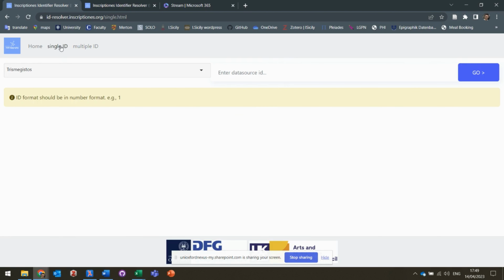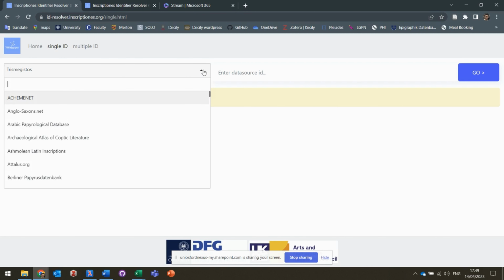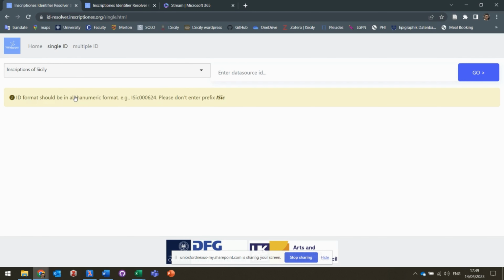The single ID interface enables the user to input a single known identifier and obtain in return any corresponding identifiers from other projects covered by the Trismegistos Task Matcher API. Select the source of the known identifier in the drop-down menu on the left. In this case, we choose Inscriptions of Sicily, and then enter the number in the field on the right, in this case